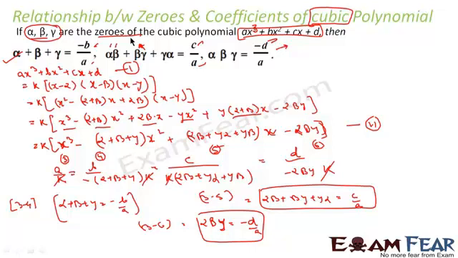So let me repeat this. Alpha plus beta plus gamma is equal to minus b by a. Alpha beta plus beta gamma plus gamma alpha is equal to c by a. Alpha beta gamma is equal to minus d by a. If you are not able to understand this derivation, you can ignore it, because it is not part of the NCERT class 10 syllabus. But it's good to know. Let's solve just one example to clear the concept, since this cubic polynomial derivation is not in the syllabus.